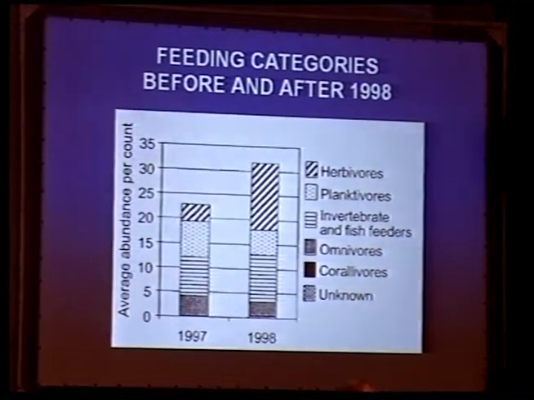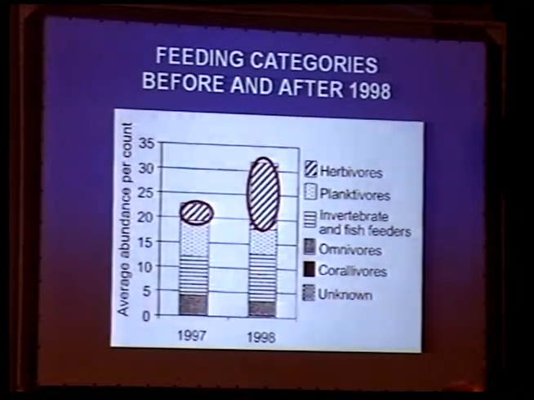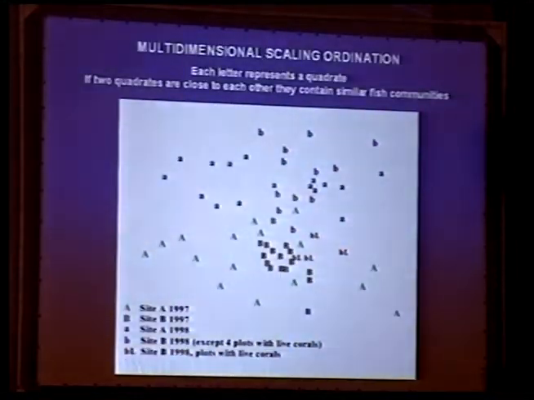And one of the groups that really increased were the herbivores, the algae feeders. Because as the corals died, the algae started growing, and the herbivores became very happy. But not only were there increases in fish densities, in fish abundances, there was also a change in the